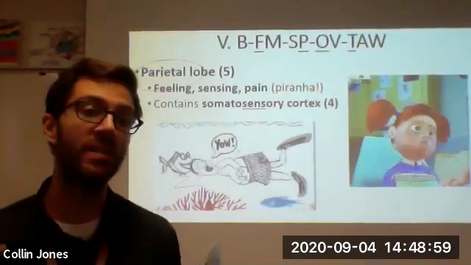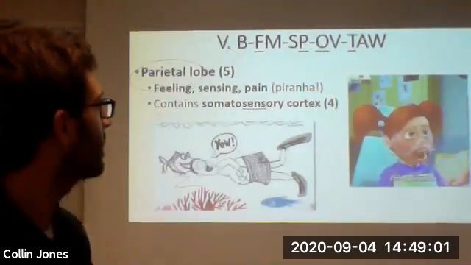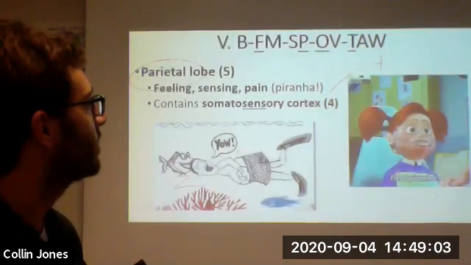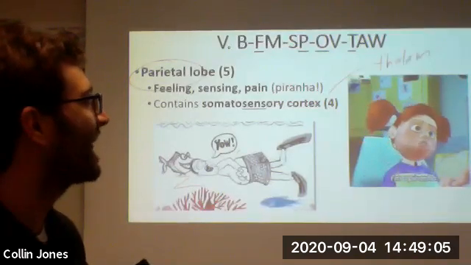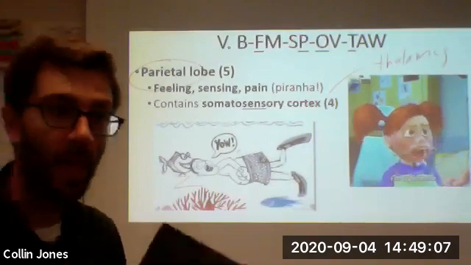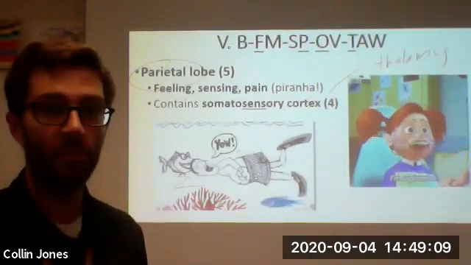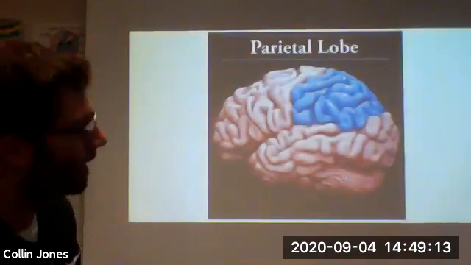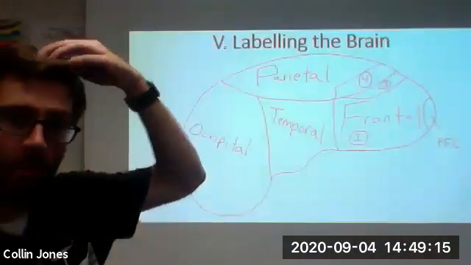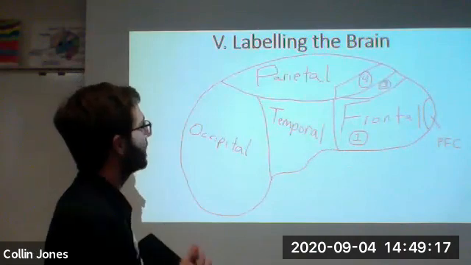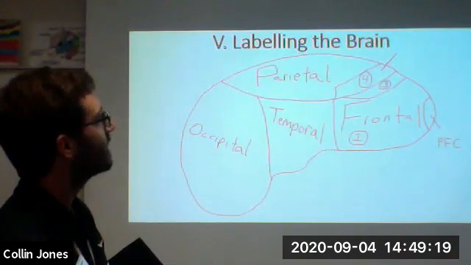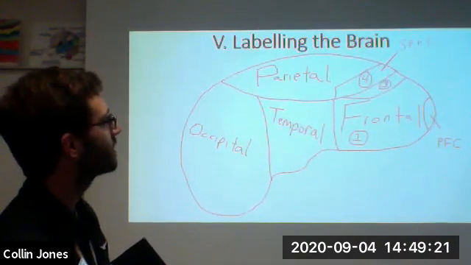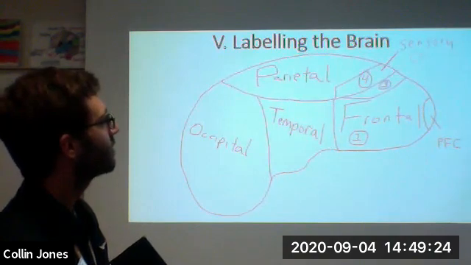It is in charge of your senses. So you know what it works closely with? A good old sensory switchboard. It works closely with the thalamus, right? That operator sending the right signals to the right places, okay? So on your brain, parietal lobe is going to be on the top, right? And then to go ahead and add in number 4, it's right next to the motor cortex, the somatosensory cortex,